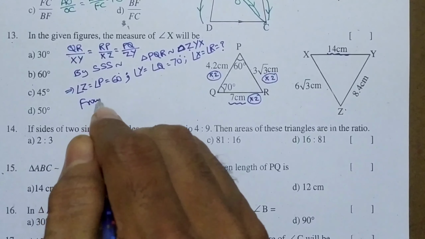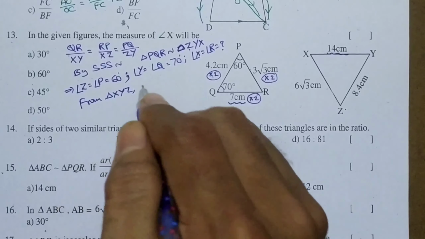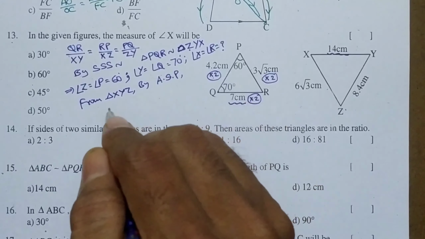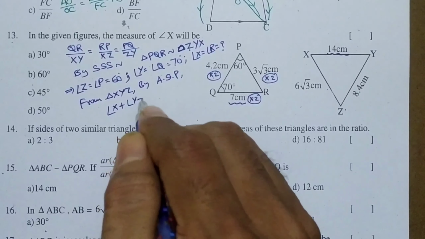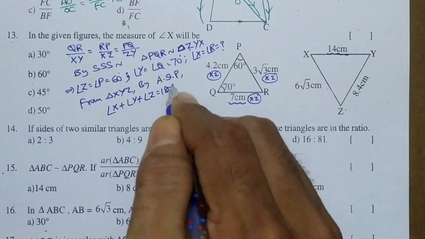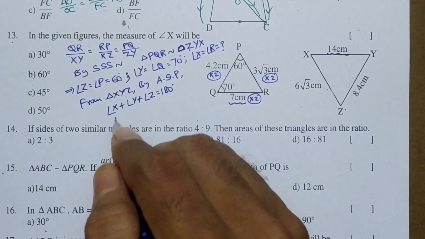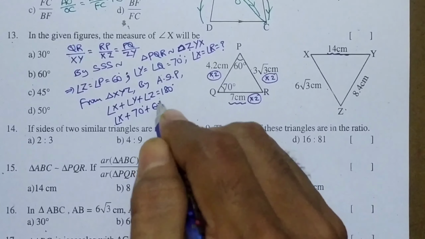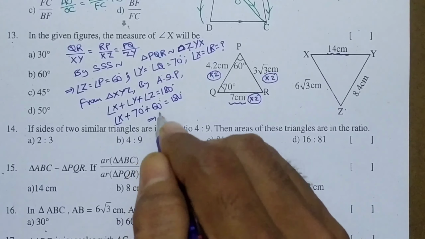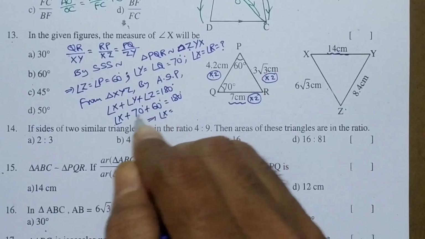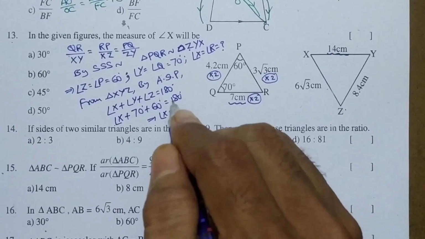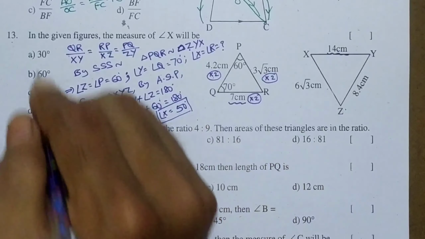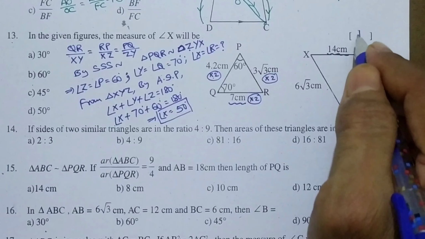Now from triangle XYZ or from triangle PQR, whatever you want you can take it. Now from triangle XYZ, by the angle sum property, here I am writing in short, ASP means angle sum property, angle X plus angle Y plus angle Z is 180, sum of the three angles of a triangle is 180. Now let us write angle X as it is because we do not know it. Angle Y is 70 and angle Z is 60 degrees equal to 180 degrees. Now here angle X equals 180 minus this sum. 70 plus 60 is 130. Send 130 that side. 180 minus 130 is 50 degrees. So finally angle X equals 50 degrees. From the options you see option D is the right answer.